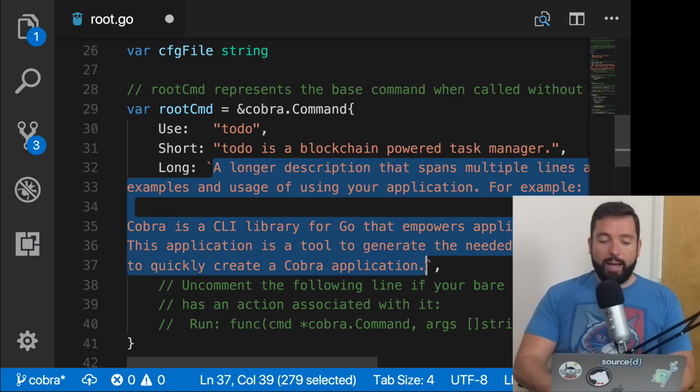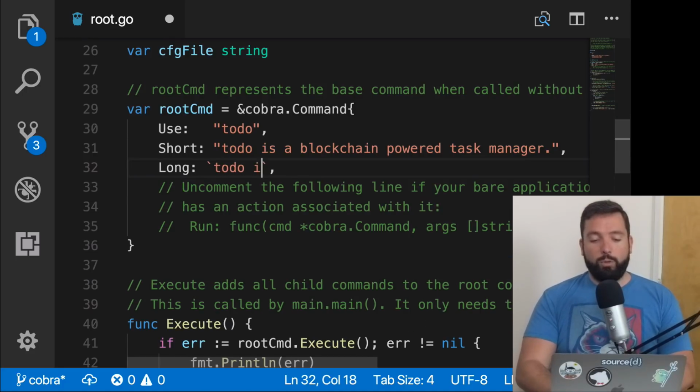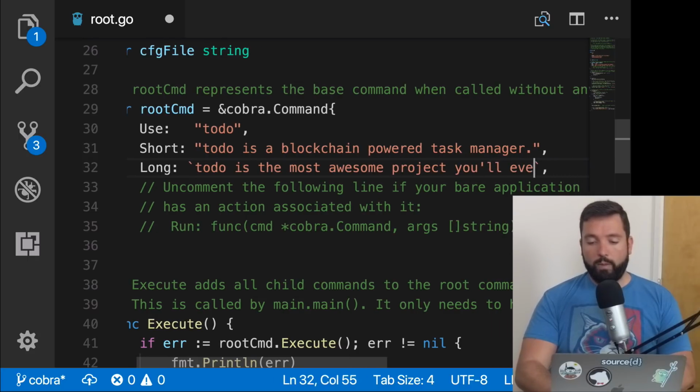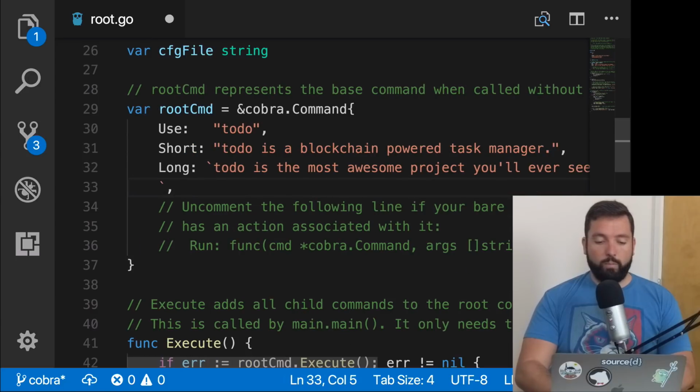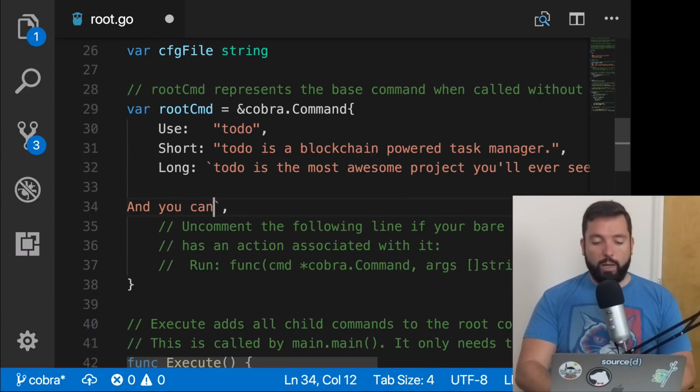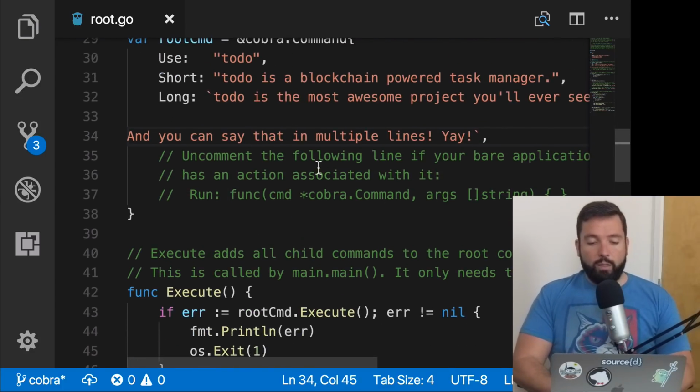So now we can add a longer description. Todo is the most awesome project you'll ever see. And just to show, you can say that in multiple lines. Yay. Okay, then